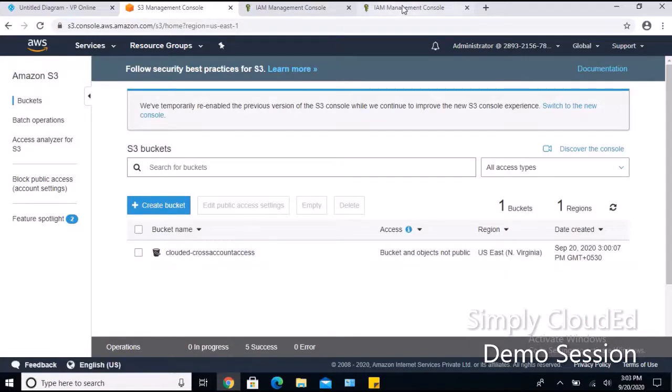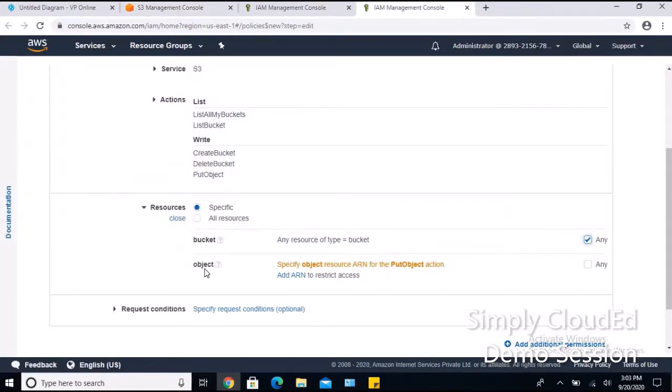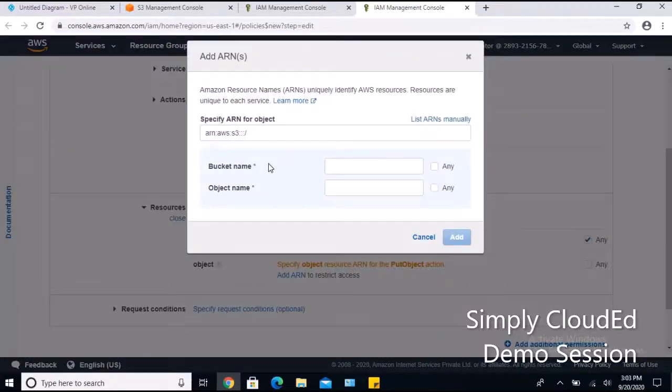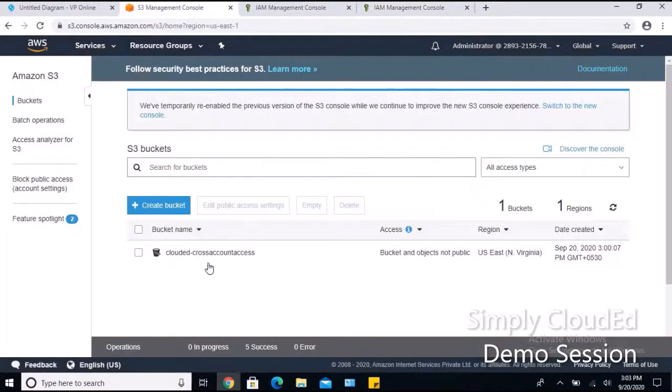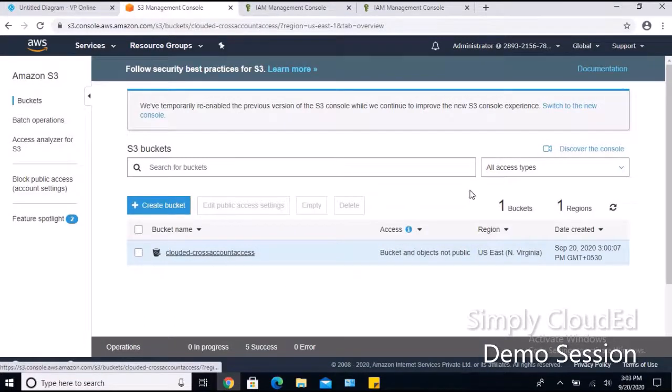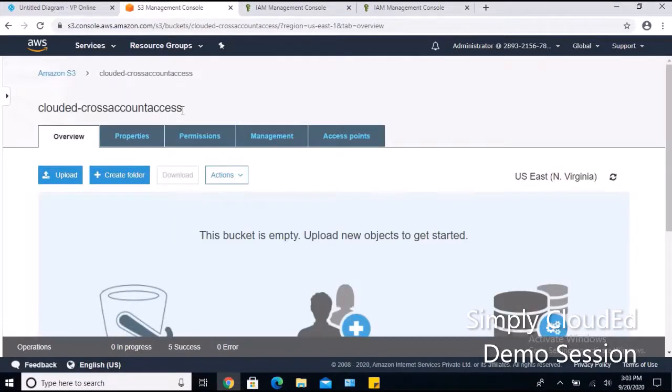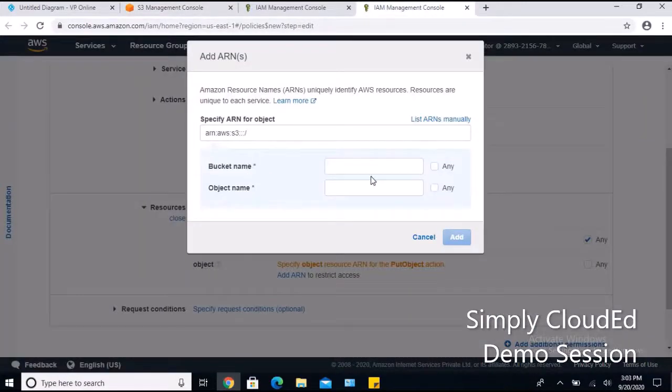So under the policy section, I'll define that this user can add objects to only this particular specific bucket. Under bucket name, I'll choose the bucket which I created, and I'll set this bucket name, and the object name could be anything.